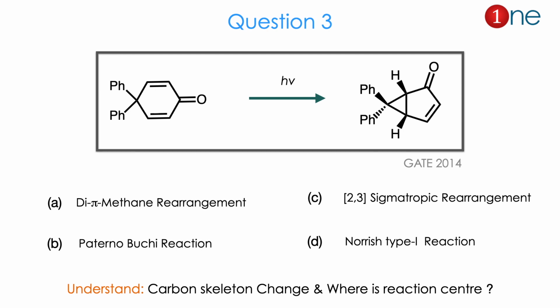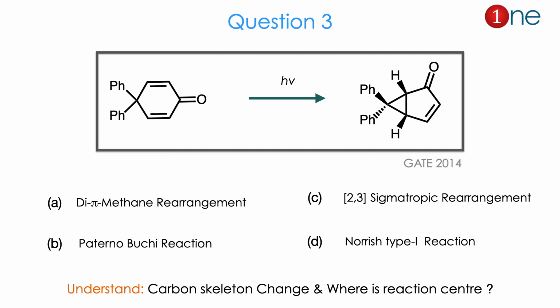Then the question number 3. The starting material they have a cyclic system which has conjugated ketone, cross-conjugated ketone. The ketone is connected with 2 alkene and you have phenyl. Then you are using the light. The product is stereochemically defined one. Phenyl above, hydrogen above, phenyl below. And you have conjugated ketone with ring contraction.